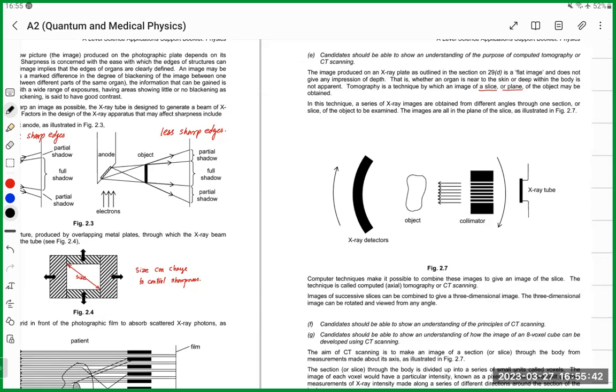So what are the different types of questions that we're gonna get in this? In CT scan, mostly the question will be that explain the principle of CT scan. A student should be able to understand that X-ray and X-ray detector, they can move 360 degrees around the patient. Multiple X-rays are sent and received, and when X-rays are sent and received in multiple directions,